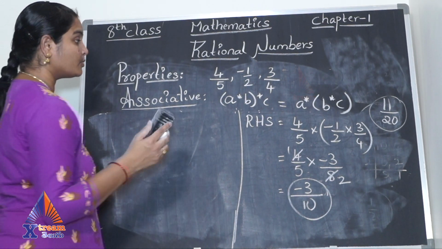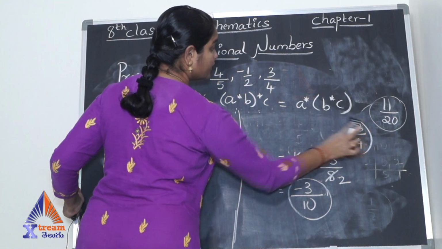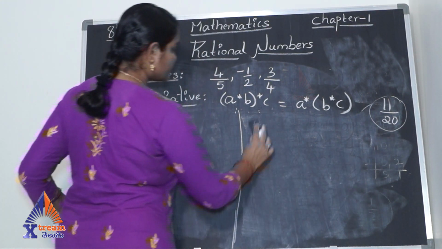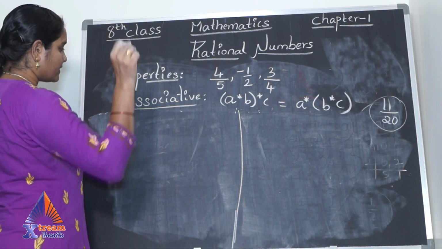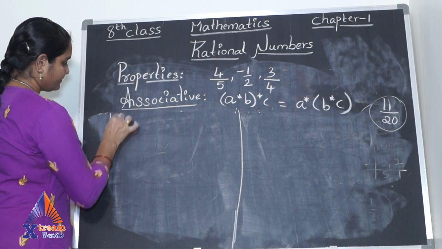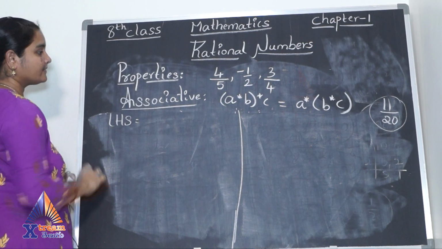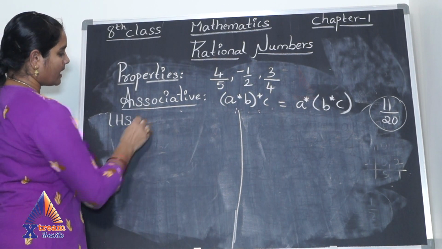Last but not the least, we check for the division of rational numbers. I think by the time you might have thought, or you might have come to a conclusion that division, question mark. So let's check with the division part.